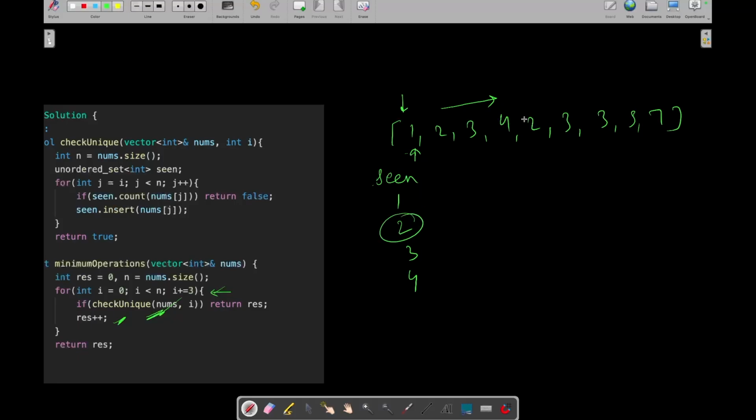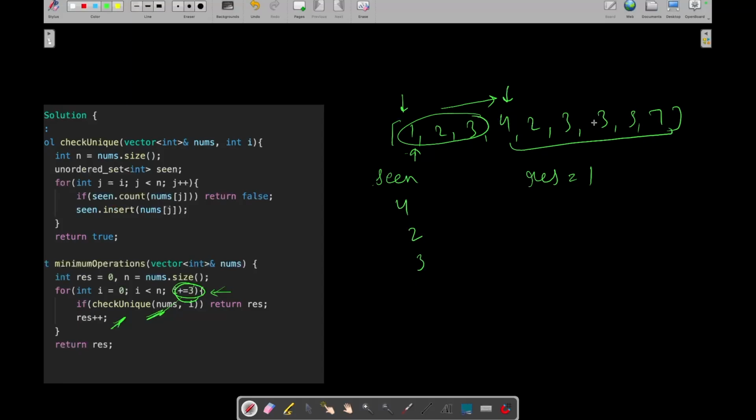So what we can say is this array doesn't contain all the distinct elements. So what we will do, we will remove these 3 elements and we will increment our result to 1, and we jump to i equals i plus 3. It means now we are at this index. Now again we will check whether this array contains unique elements or not. Okay, let's check 4 2 3. Oh, 3 again.